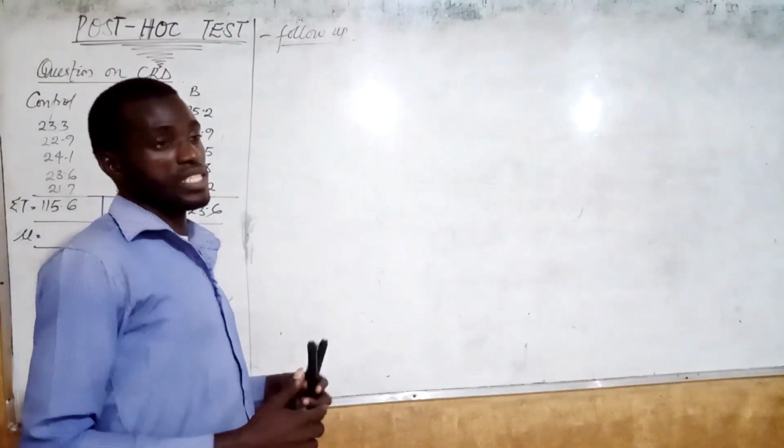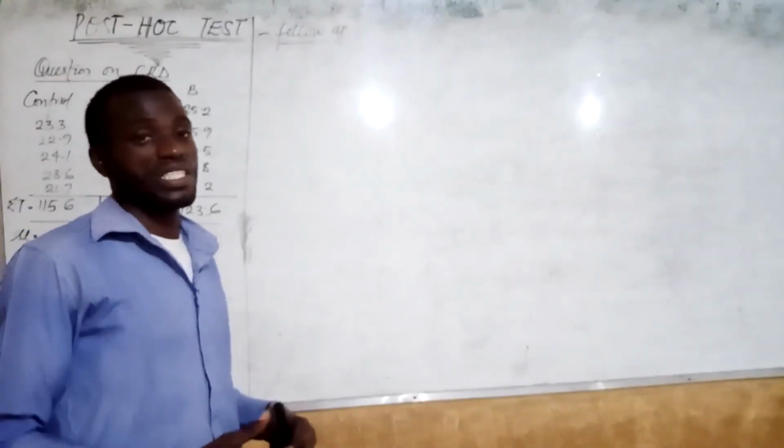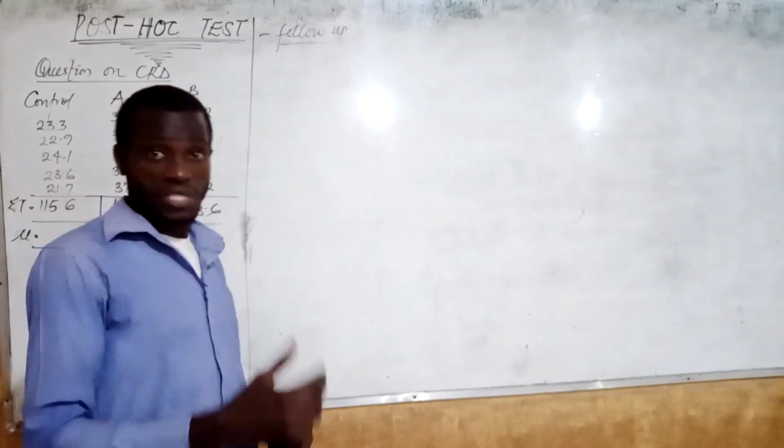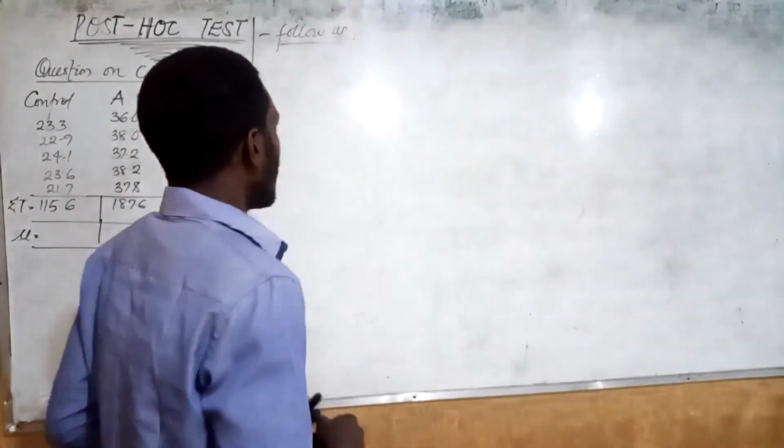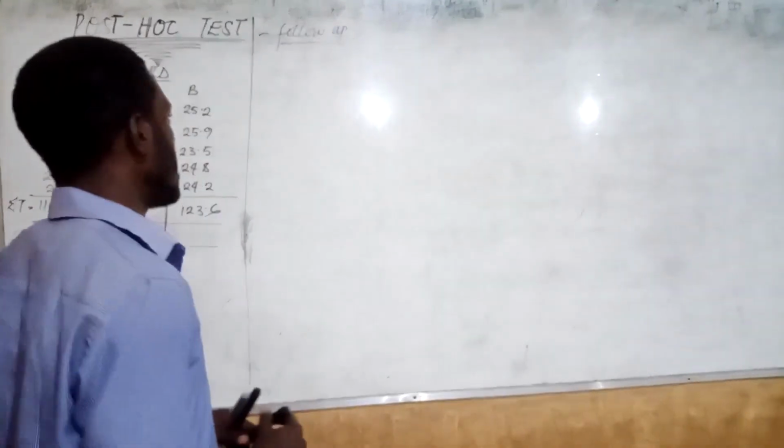After your whole analysis, you accept the alternative hypothesis if F cal is greater than F tab. So once you have accepted the alternative hypothesis, which is a hypothesis of significant difference, then you carry out a